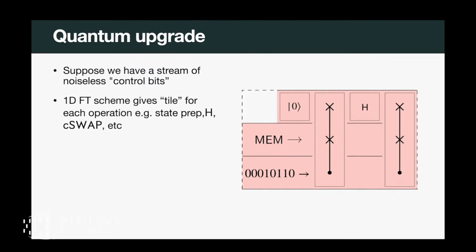So imagine you have here that's circulating memory tape from my memory. And then if some logical qubit comes by that I would like to do, for example, a Hadamard on, I write a 1 to this control stream, swap my qubit over to the Hadamard, and then swap it back onto the tape. So some sequence of 1s and 0s is going to determine some sequence of Hadamards that I apply to the tape. Great. So now it's starting to look a lot like the classical machine.